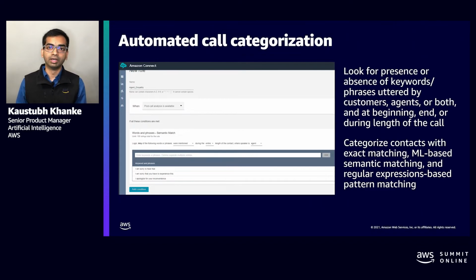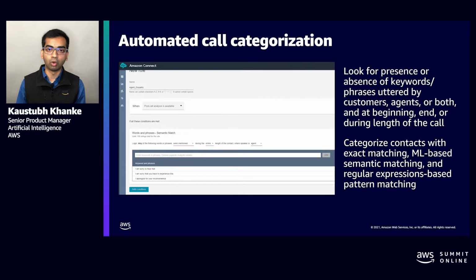For example, a supervisor could enter "Thanks for your help" or "I am grateful for your help" in the definition of a category called politeness. With semantic matching, the new machine learning based categorization can now understand that a call containing "Thank you for your assistance" is similar in meaning to "Thank you for your help" or "I am grateful for your help." Since it has established that the intents of the words match, Contact Lens will tag the call with the label politeness.